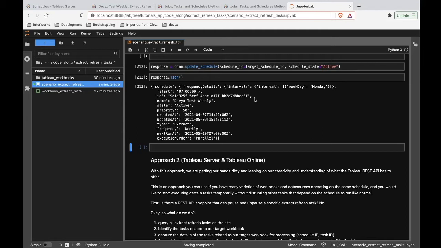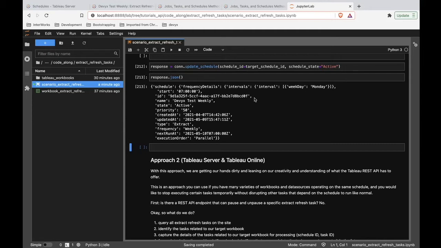Like, for example, you have a certain piece of your data pipeline fails, and you figure, let's go ahead and pause all of the extract refreshes running on Tableau that are related to this particular pipeline so that we don't waste resources running these background tasks on Tableau server, because it does consume